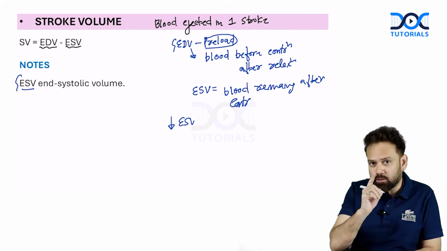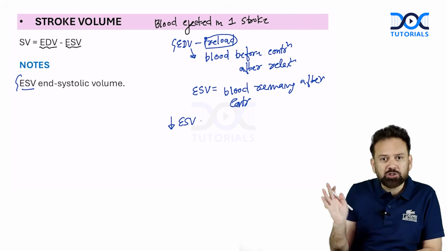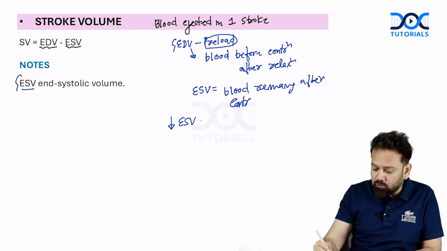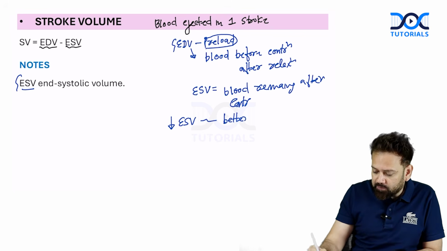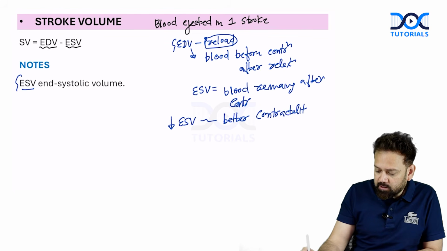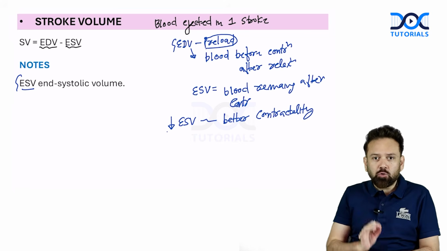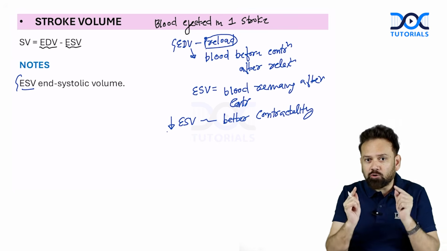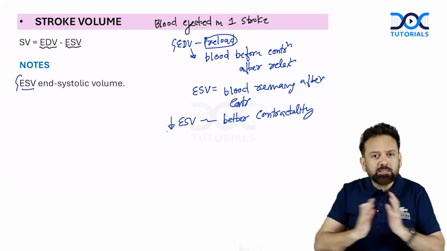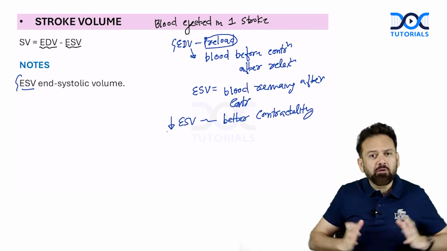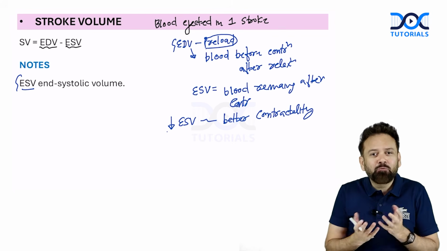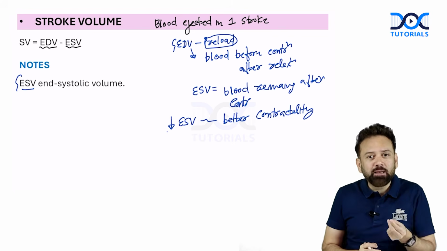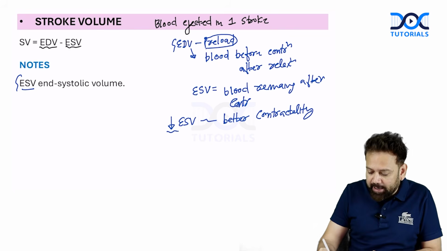Now, this concept is very important. This will help you a lot in so many understandings. Lesser is end systolic volume, better will be contractility. This whole topic is concept based and a lot of questions can be solved. So try to understand. End systolic volume is the amount of blood after the contraction is over. Better is the contraction, lesser amount of blood will be left. If full contraction 100%, no blood will be left. If 80%, only 20% will be left. So like that, lesser is the end systolic volume, better is the contractility, or you can say better is the